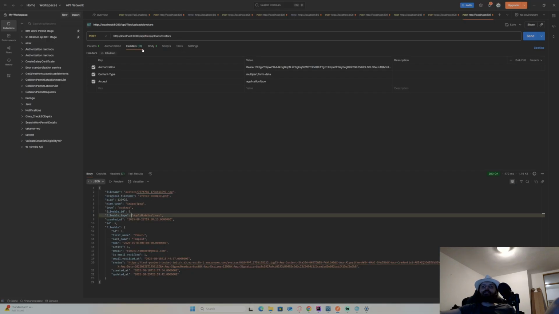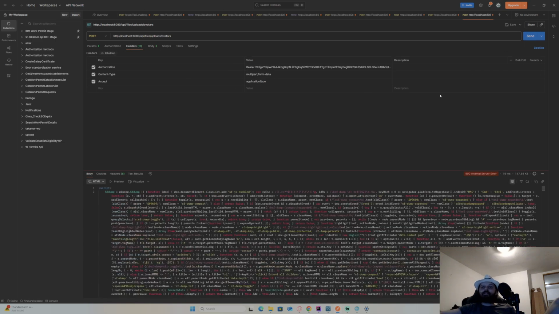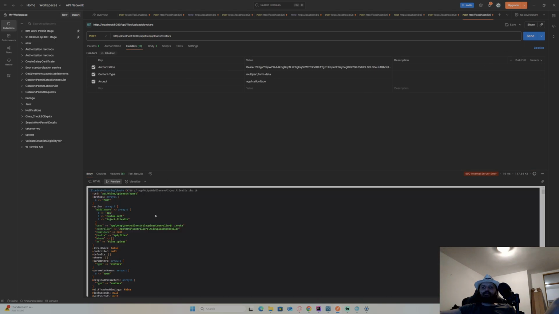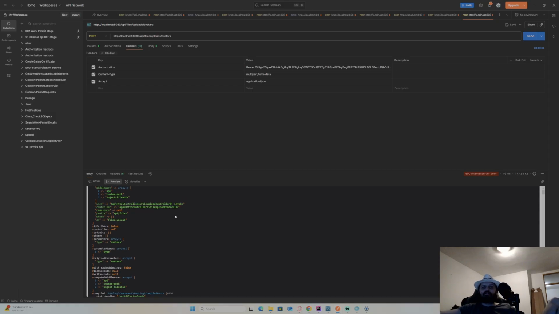So this should work before it gets to the controller. Okay, let's see now. Methods, middleware. Oh, that's that too. And this is the name, this is the prefix, and these are the parameters.